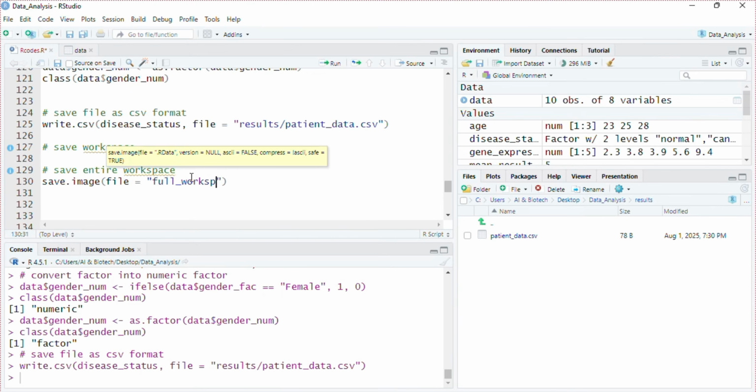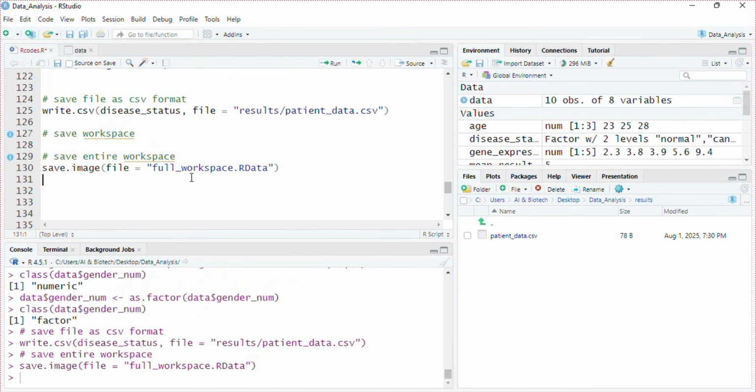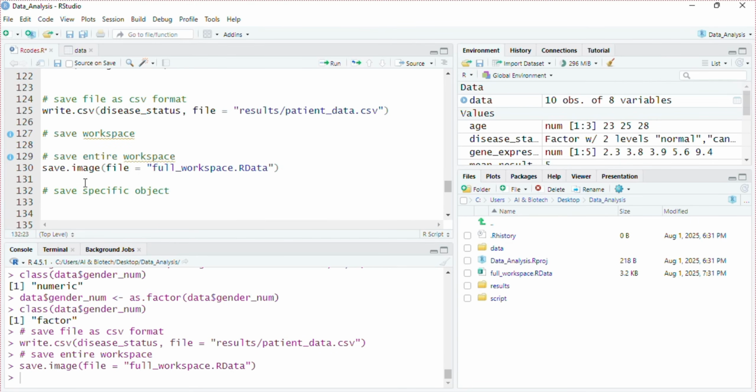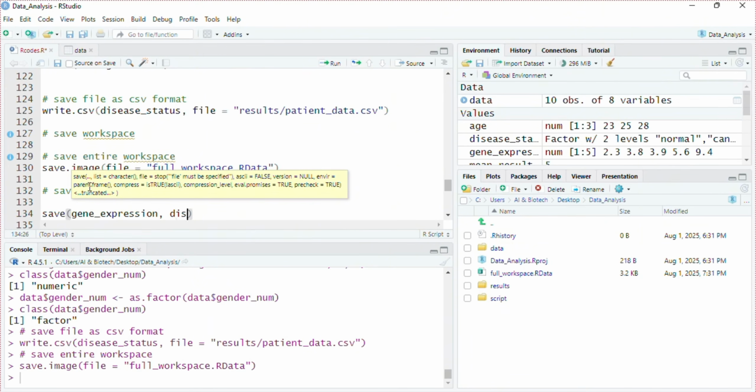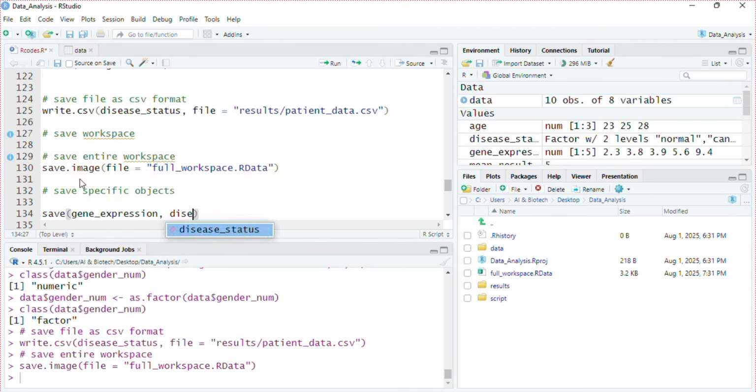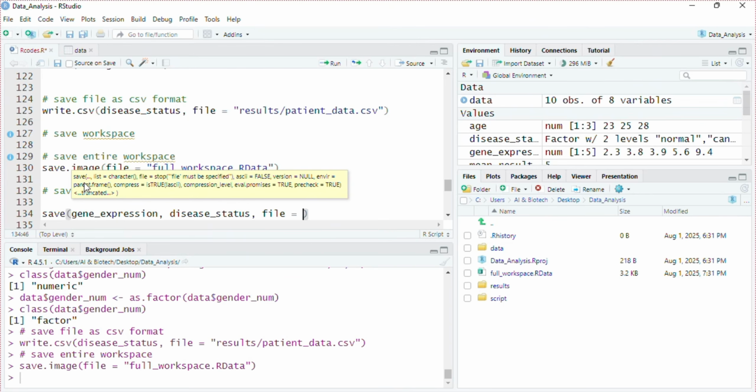If you want to save any one or two objects, we have the function save. Here you can mention the folder, here you can mention the objects you want to save, like I want to save gene expression, then disease status variable, and saved here in the data analysis folder.